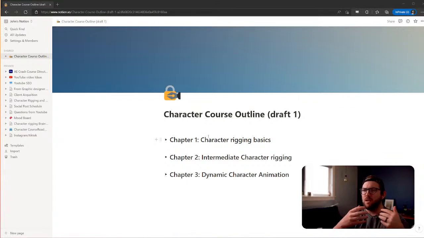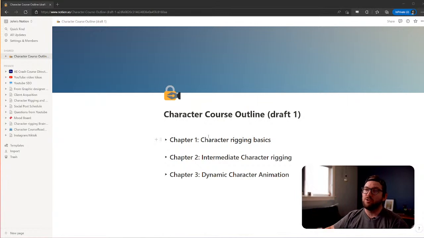Because if any of you have ever tried to rig a character that you found from Envato or Shutterstock or one of those websites, as soon as you try to rig that thing up, you start running into issues with how do you make that artwork work in a character rigging situation. And I've developed a couple of different tricks and methods to do that. So once we get familiar with the tools and create some fun little animations with very simple character animations, then